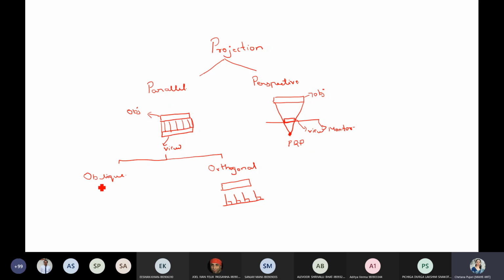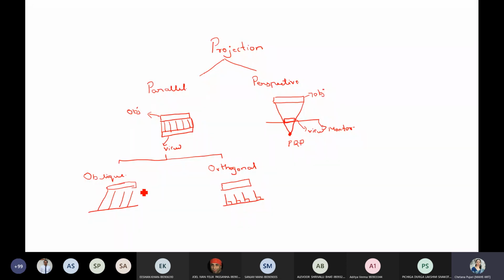Similarly, when you go for oblique, here also the lines will be parallel to each other because it comes under parallel. So the lines are parallel to each other but are inclined at some angle to the view plane. If this is our view plane, the lines will be something like this. They are parallel to each other, but they are inclined at some angle. For example, this is my object.